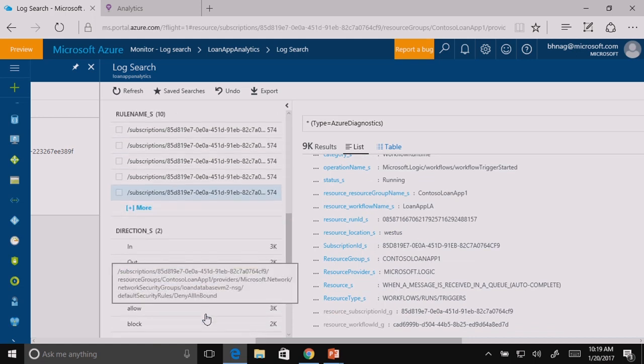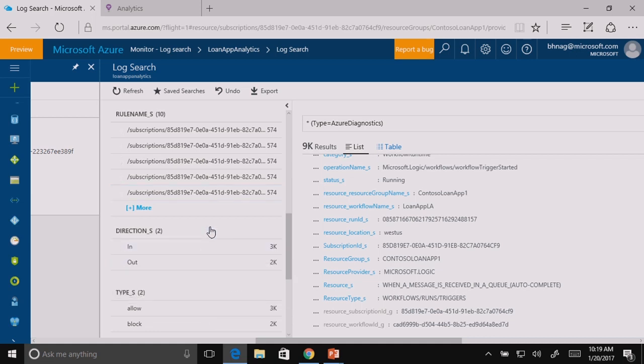Now, as a developer or an IT pro, you might not know the internal protocols of every single Azure resource. For example, I have no idea what direction_s means, right? I have no clue. So what we do is make sure that it's easy for you to get started with log search analytics. Apart from this log search, where you can go into things and find them when you know exactly what you're looking for,